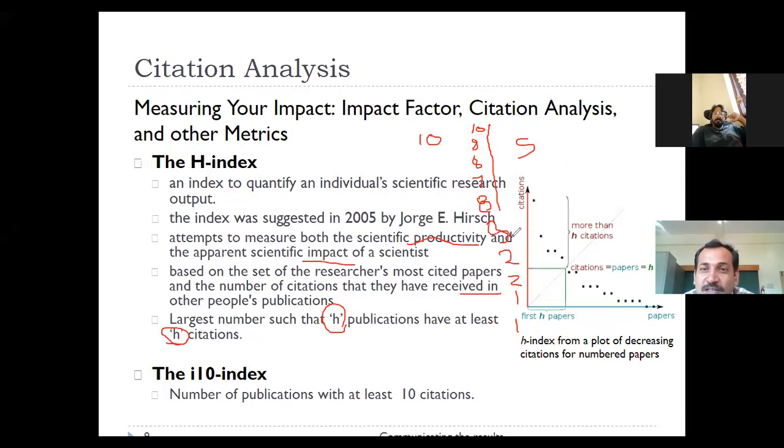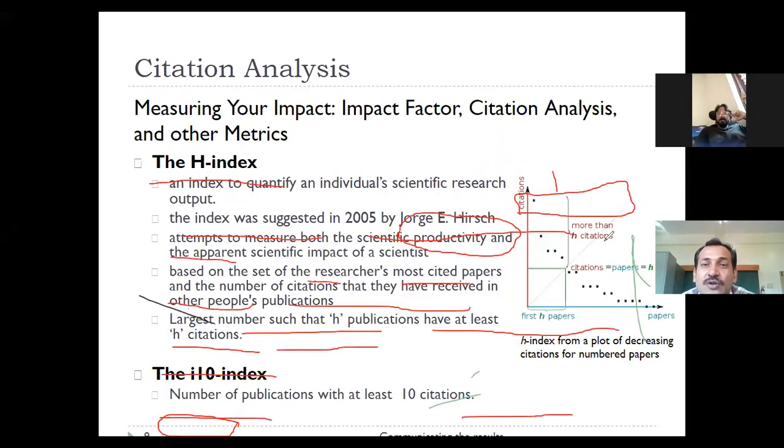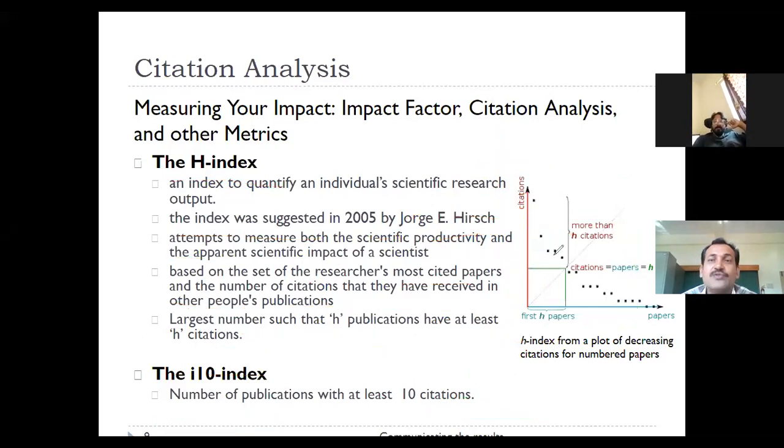And if all the research papers below have 8 citations, then what will be the H index? It will be 8, because these two with 8 citations will not be counted. So this new researcher will have H index 8. So see, in this way, we can calculate the H index of an author, and that is used to understand the productivity and the impact of a particular researcher.